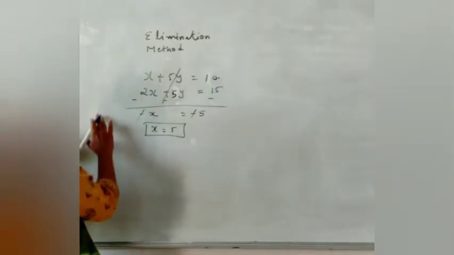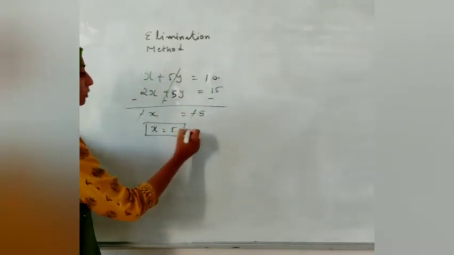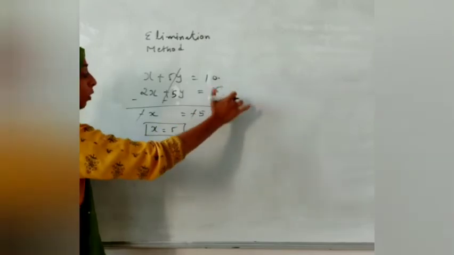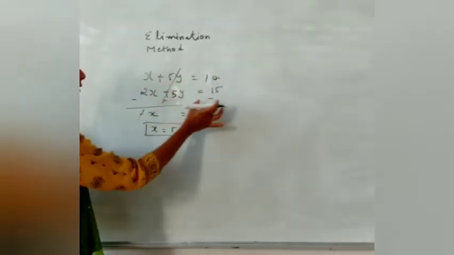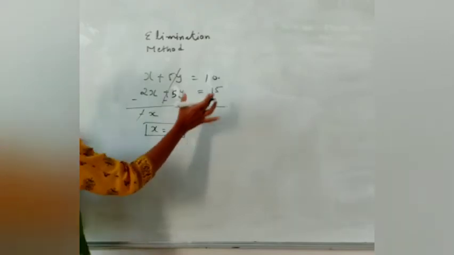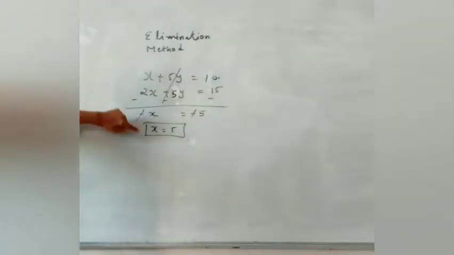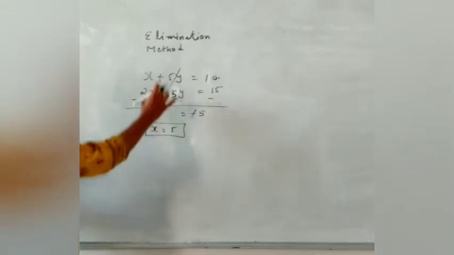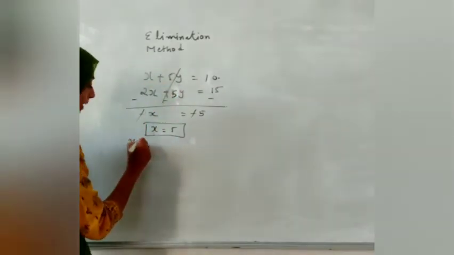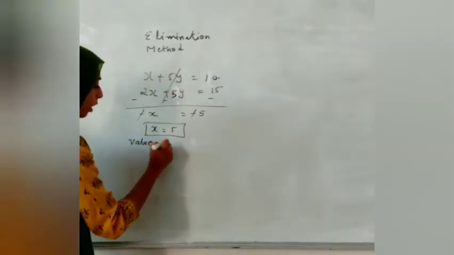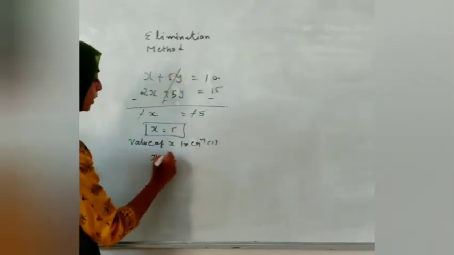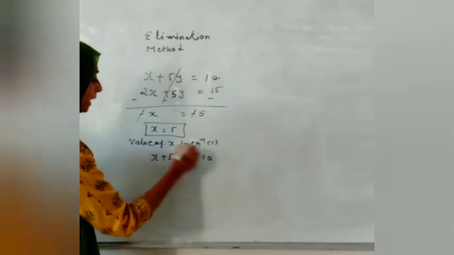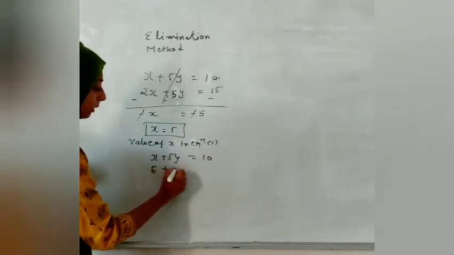But the most important thing is now again we have to substitute this value in equation number 1 or equation number 2, that is our wish. So यहाँ पे अभी मैंने symbol change किया है, तो I will not keep it because we have to keep this value in the original equation. So I will keep the value of x in equation 1. And what is my original equation 1? So it is in this form. Let me keep 5 over there on the place of x.